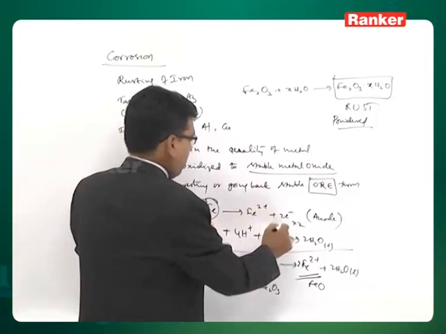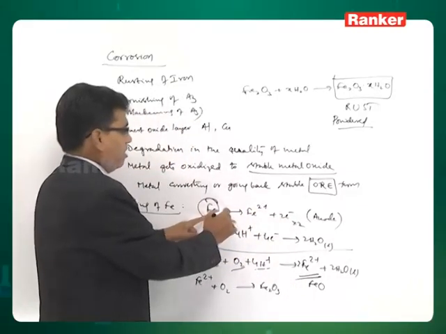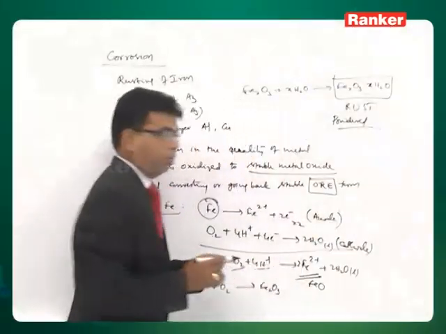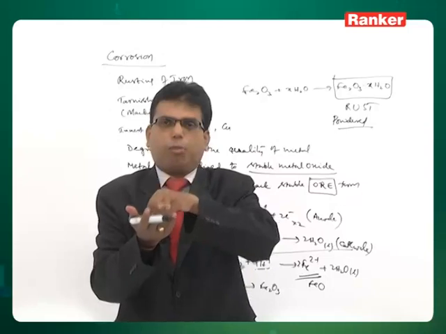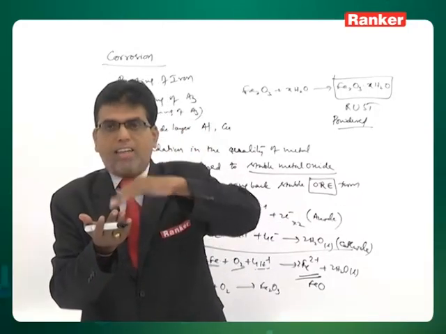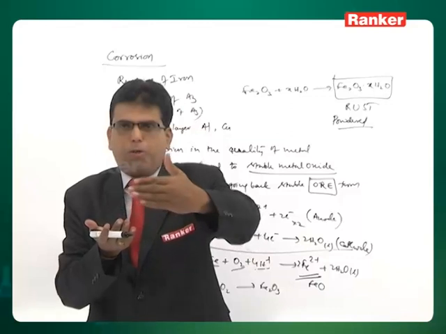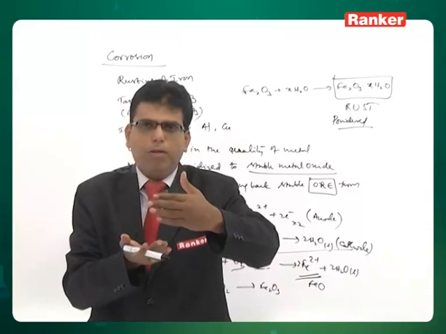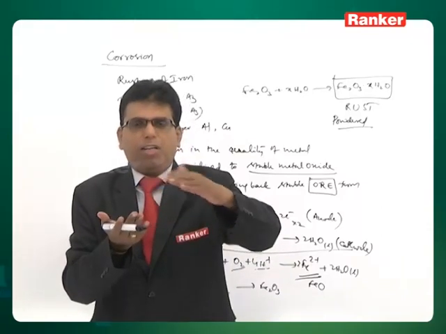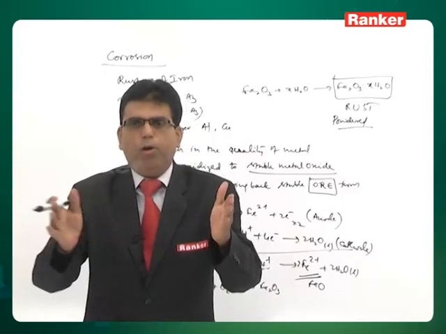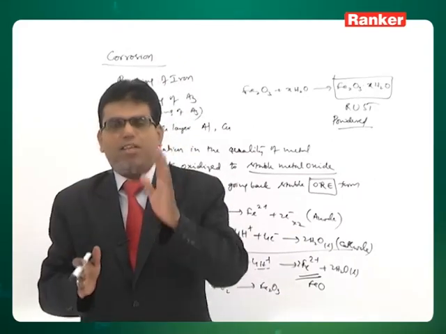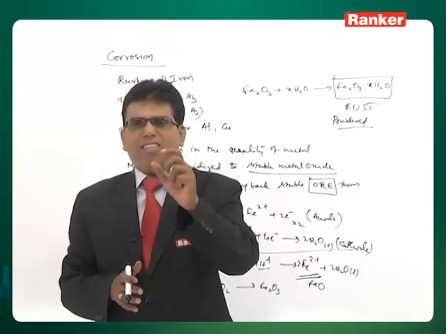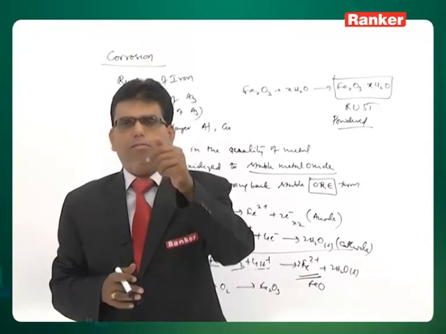Here this reaction is taking place like a normal oxidation reaction at the anode, and this reaction is taking place at the cathode. So this part where oxidation takes place acts as the anode, and the electrons, as they keep moving away, spread over the whole metal, and the whole metal gets corroded, that is the cathode. So sequentially, anode and cathode are placed in the whole metal, and finally the whole metal gets rusted up. Then how to prevent this rusting? To prevent this rusting, we have different techniques.